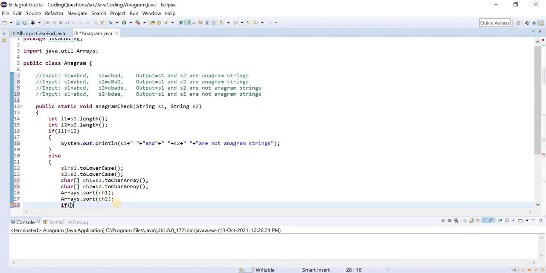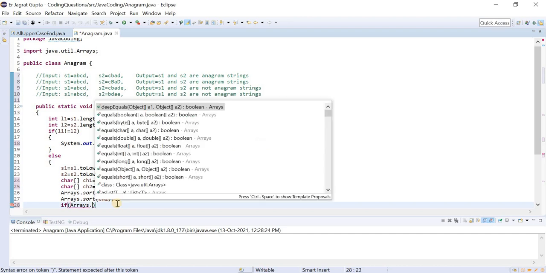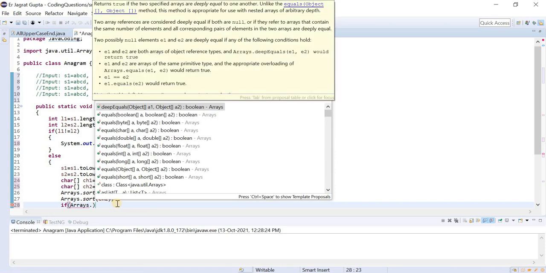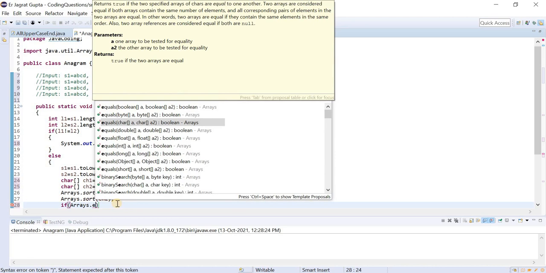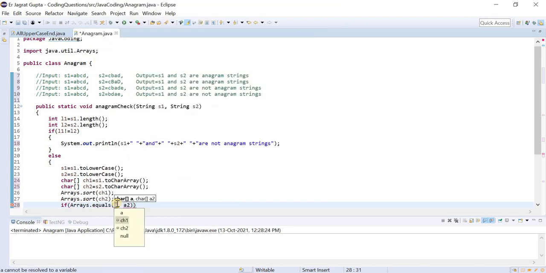Now what we will do, we will compare for equality. So again the same class, Arrays class. In this particular session I introduced a new class, that is the Arrays class. So this is again a new concept that you guys can learn. So equals, and here I will compare these two, ch1 and ch2.